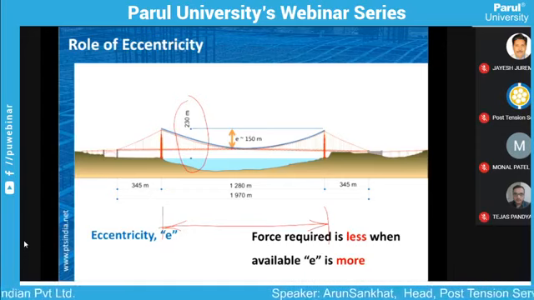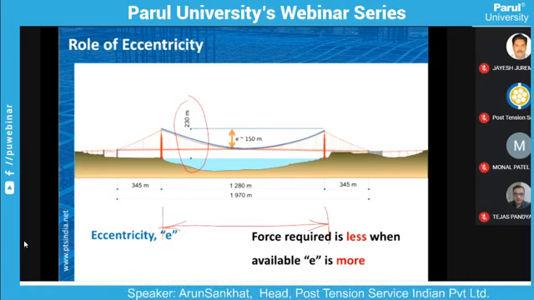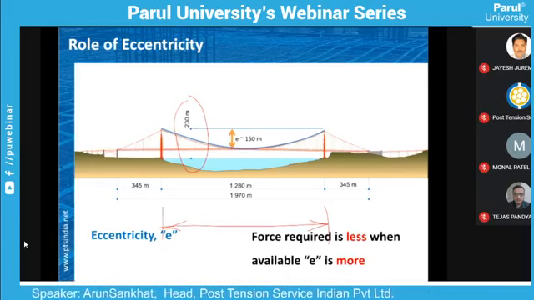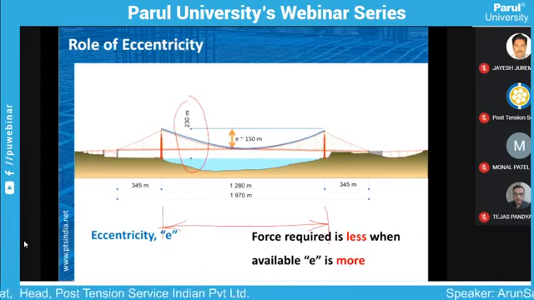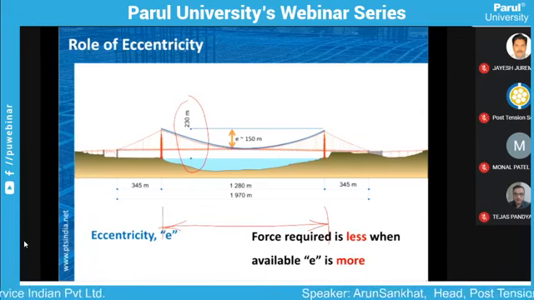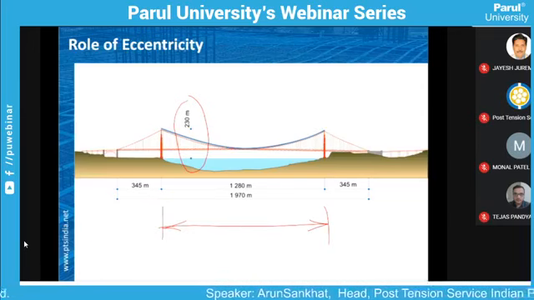Now 150 meter, if you can realize this number, is equivalent to a 50-story building, right? So why is this 50-story building equivalent eccentricity required? It is nothing but to take care of this span. The span is so much that this is required,